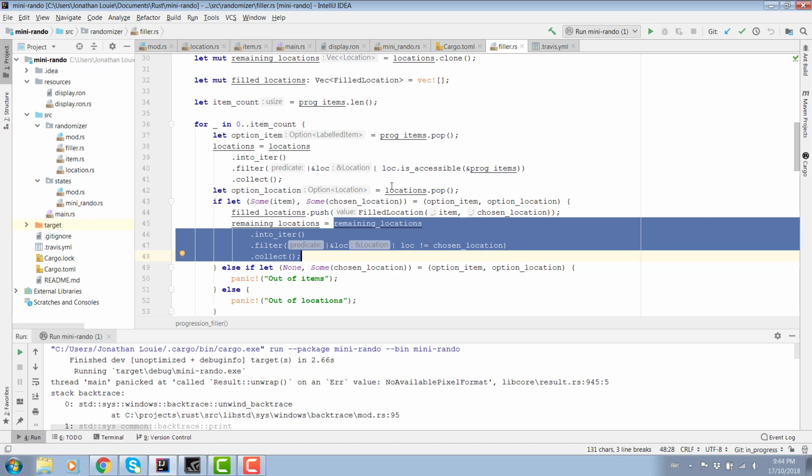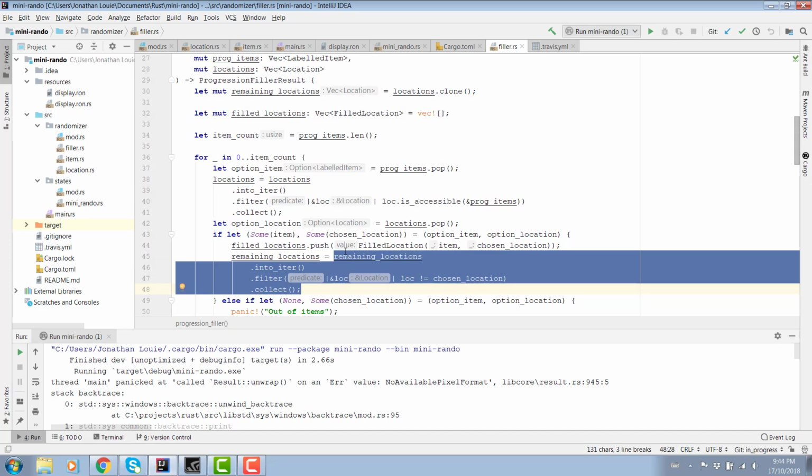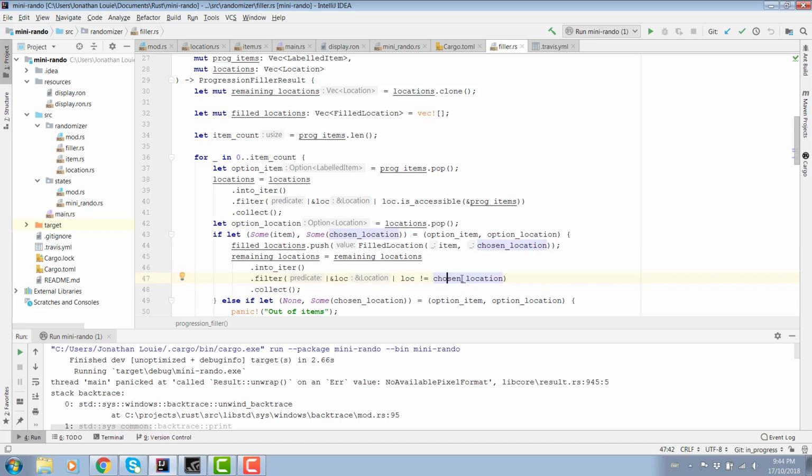So what this one does is it tries to essentially filter out the chosen location and give us a new list of locations. So this has to iterate through the entire vector in order to remove any instances of chosen location.